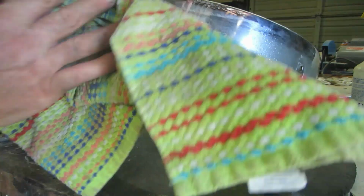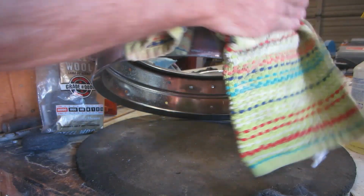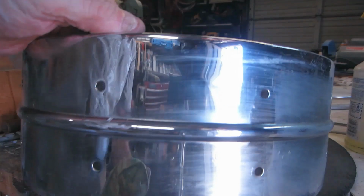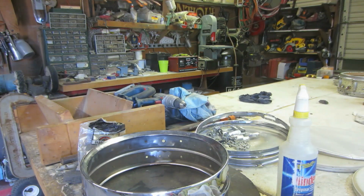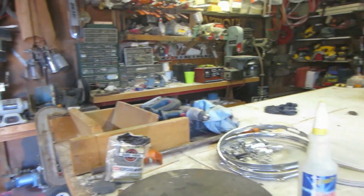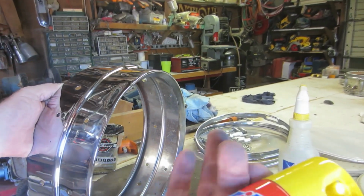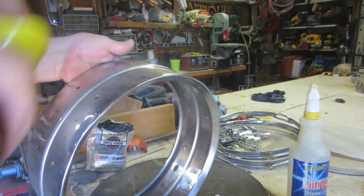I'll just clean this area here. We'll have a look at it. So it's pretty flat there. Just gonna clean it up a little better. This is not a final clean by any means. Okay, I've got that all cleaned up, and I took it over to my buffing wheels and gave it a good, light buffing as well. So I'm just going to take some regular lemon furniture polish, put it on there, give it a little protection,